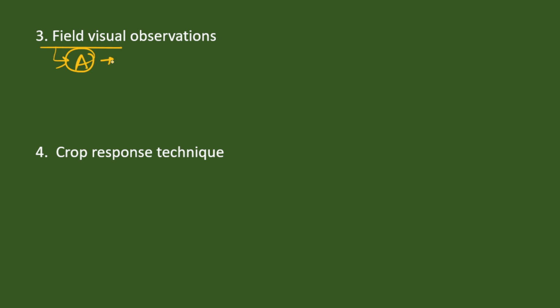We can simply go and visualize the field through our naked eyes, looking at the color and texture of the soil, the color of the leaves, and the soil structure, whether it is coarse or finer. Using these things we can easily do visual field observations, and it provides us qualitative information,